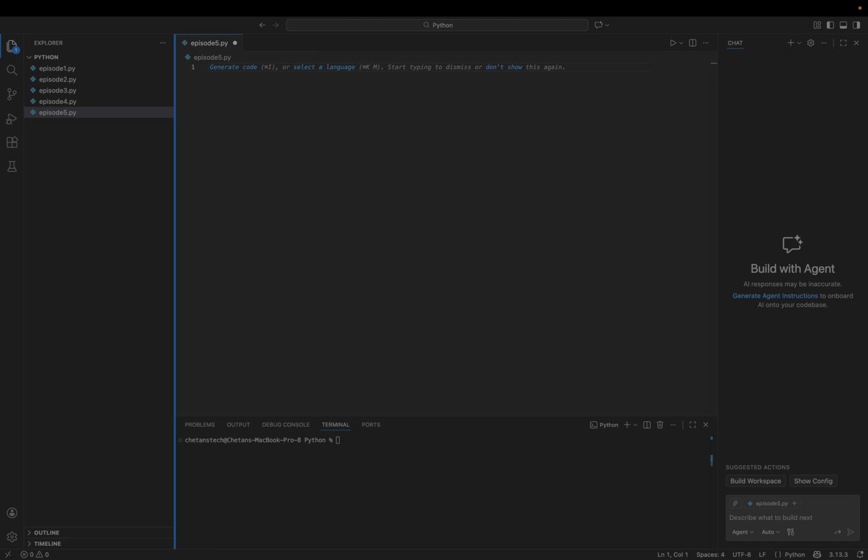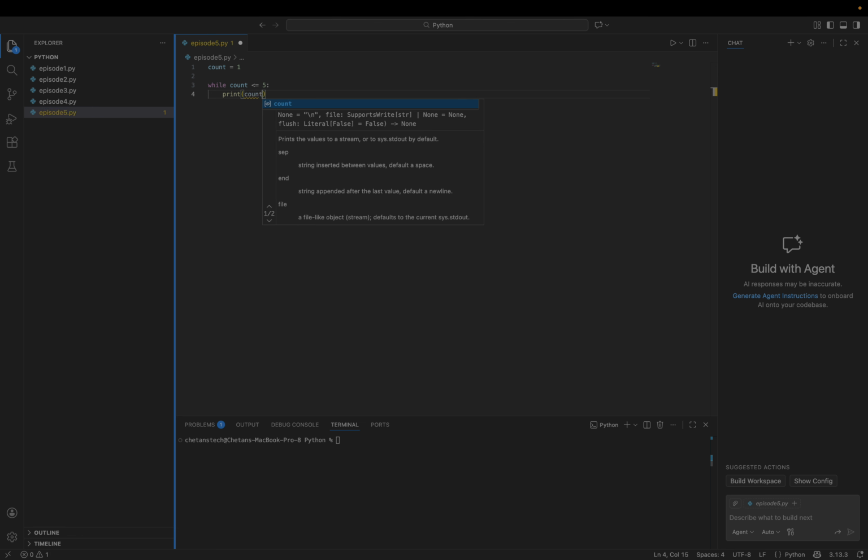A while loop repeats code as long as a condition is true. Let's take an example. I will define a variable called count equal to 1, and while count is less than or equal to 5, I will print the value of count, and then I will increment the count by 1.